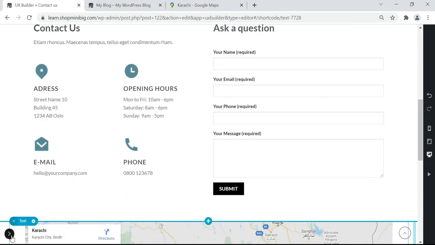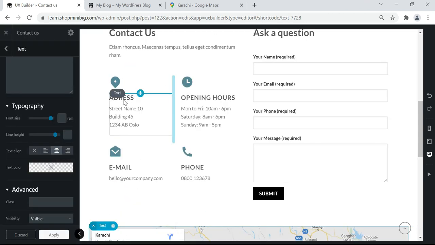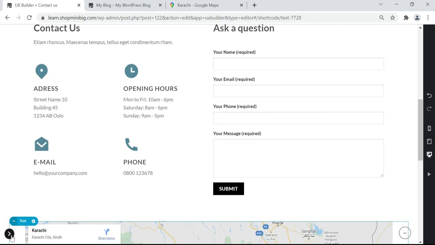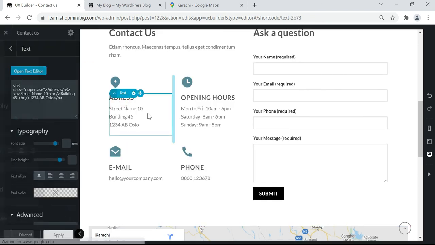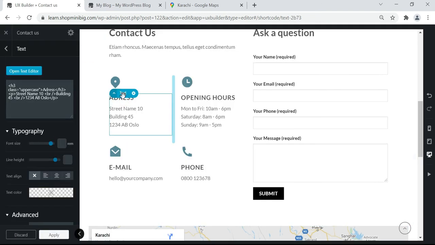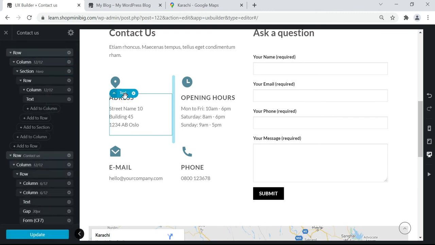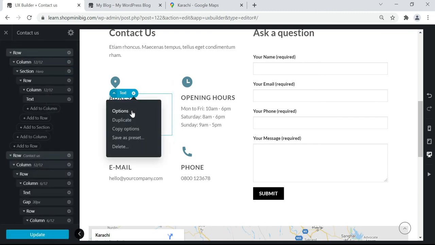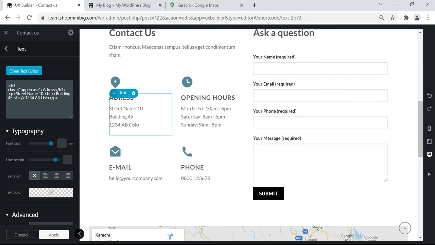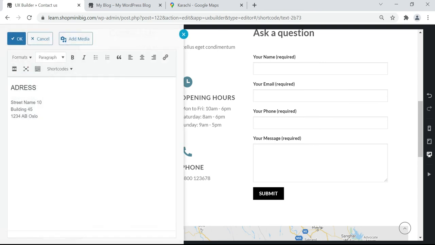If you want, let's change the address. Just click this text field. Open with text editor.